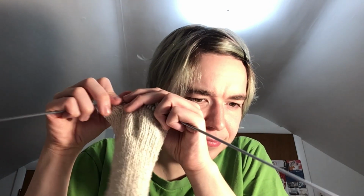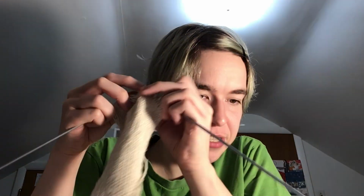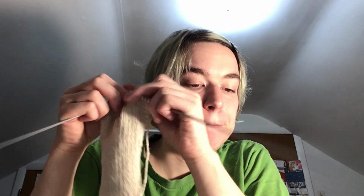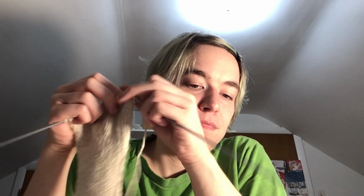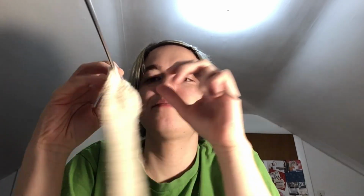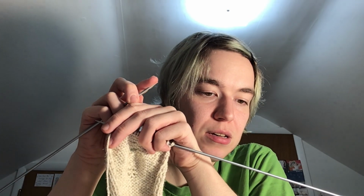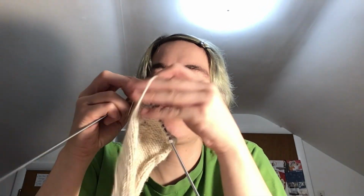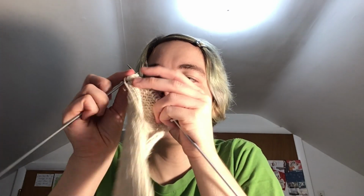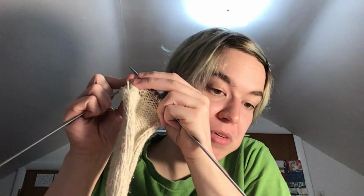All right. So then it wants me to do 2 more rows after this. It'll actually be 3 along with the bind off row. So now it wants me, now this is like severe decreases here. It wants me to do 1 stitch, then 4 decreases: 1, 2, 3, 4. Then it wants me to do 1 stitch,